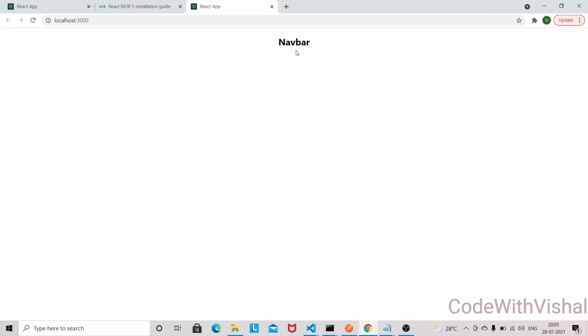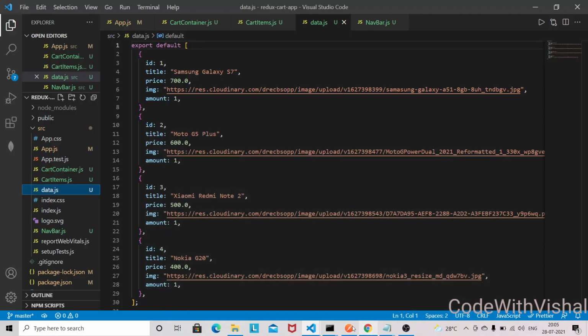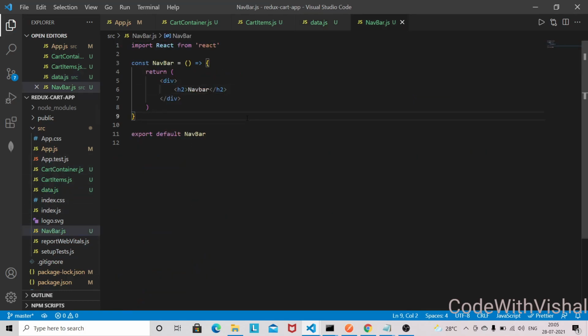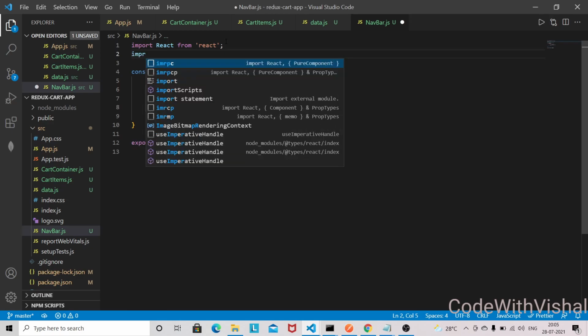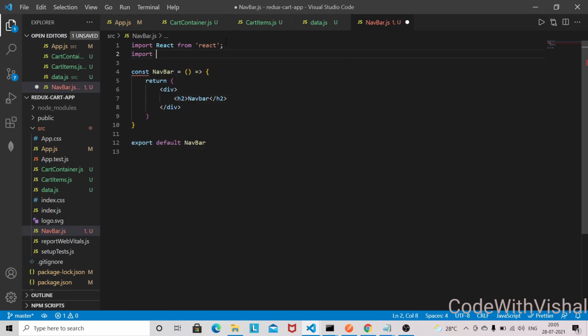So you can see that we got our navbar. So let's start with this navbar only, then we will work on the other components. So let's go into navbar.js, and here we need some components from our Material Design Bootstrap. So I'll import those components related to the navbar.